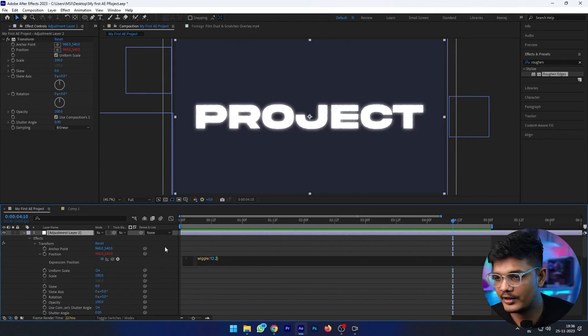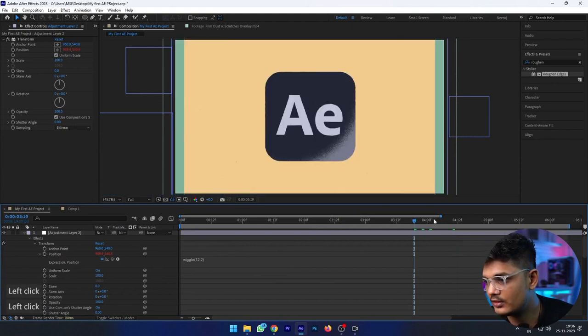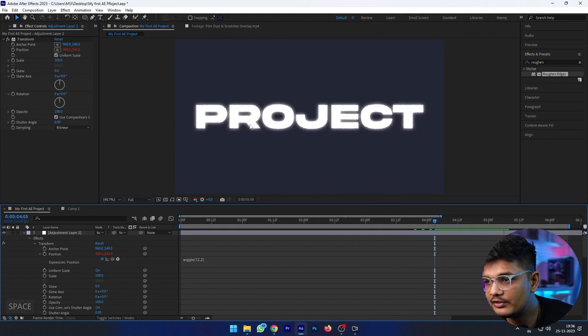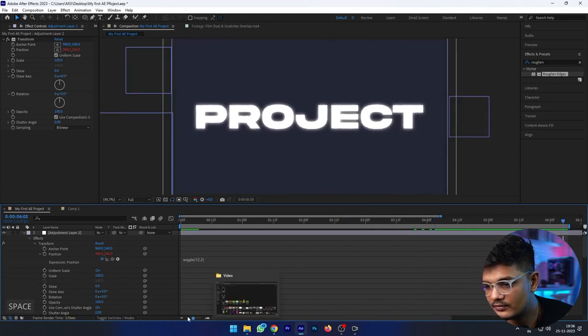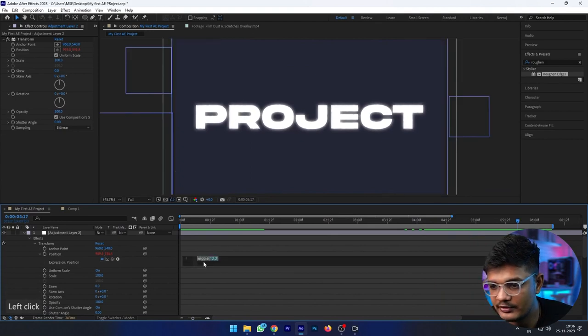So if I add this, now you can see a little bit of jitteriness here. If I increase the parameter, maybe I'll make it 20,